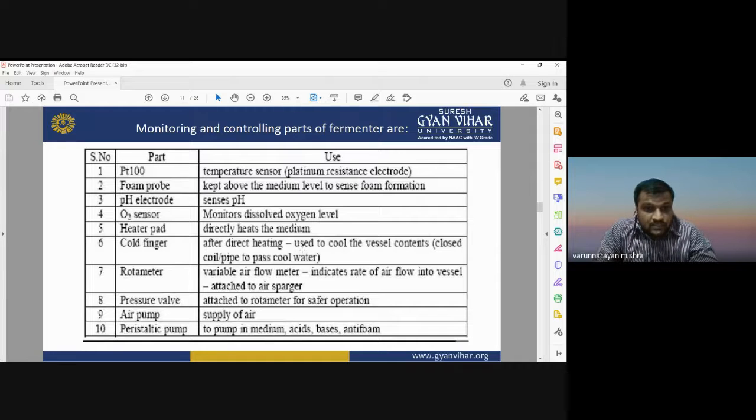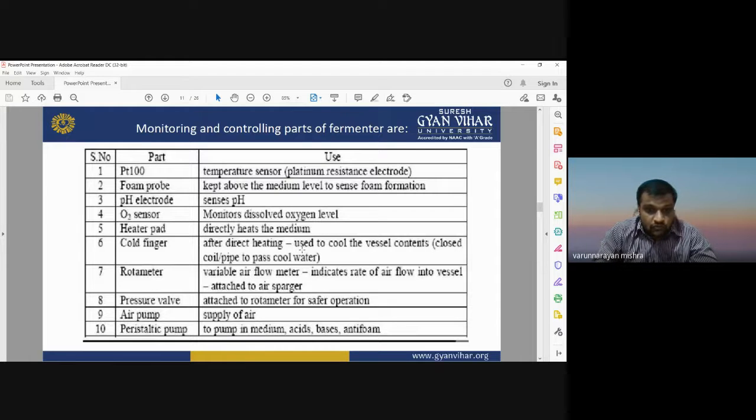The O2 sensor monitors the dissolved oxygen. It senses or monitors the oxygen level in the fermenter. The heater pad directly heats the medium. The cold finger, after the direct heating, is used to cool the vessel contents; it is a closed coil pipe